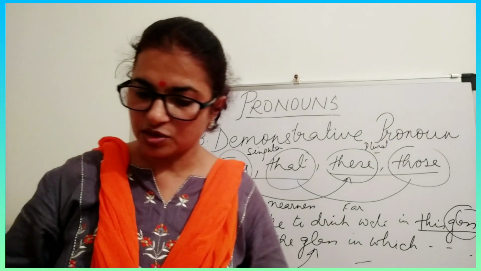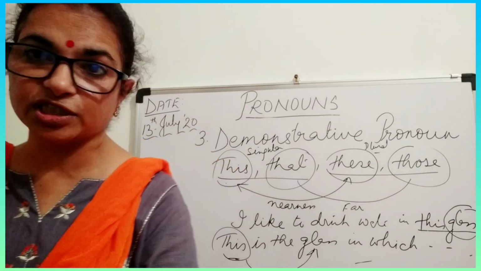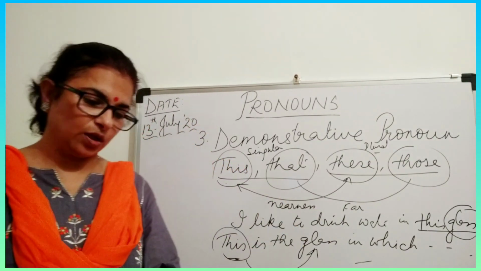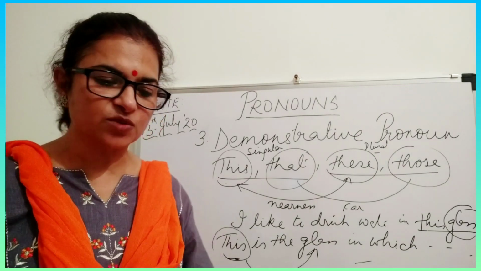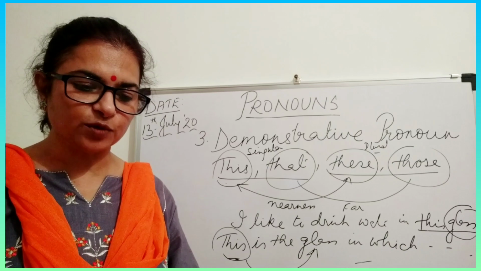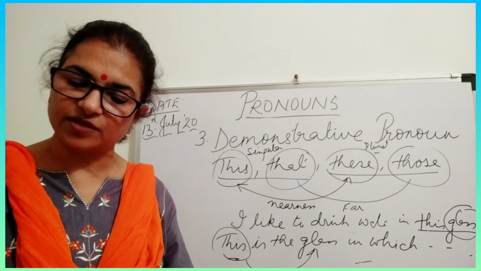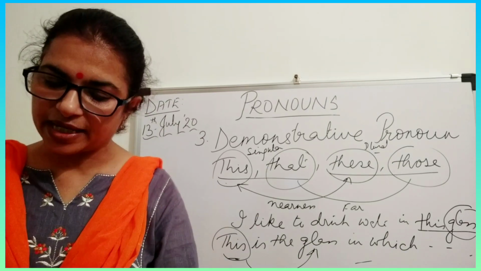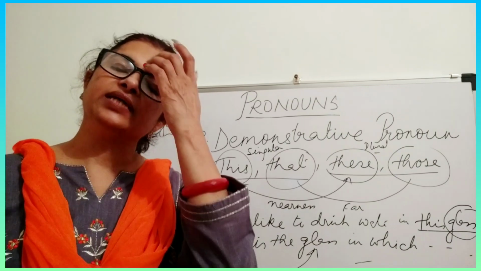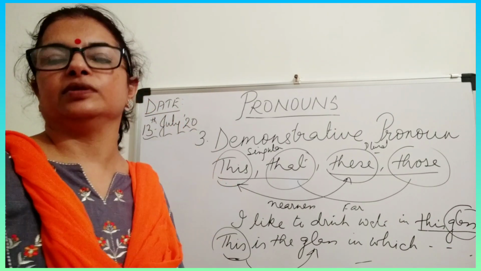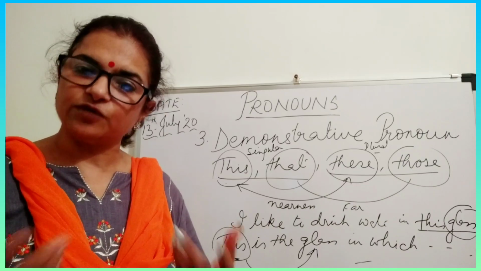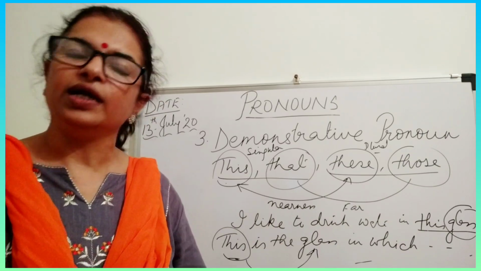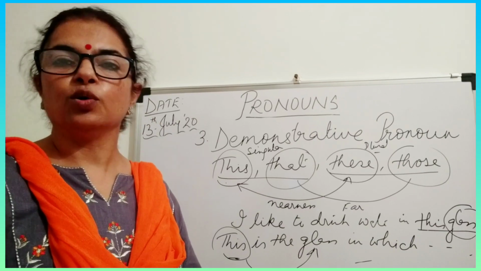Now just after this you have to do one exercise related to demonstrative pronouns. The exercise given in your book is to fill in the blanks with either demonstrative pronouns or demonstrative adjectives. The first one is done as an example. I'll give you 2-3 minutes. If not, at least half of the exercise you can do, and then I'll let you know the whole exercise.